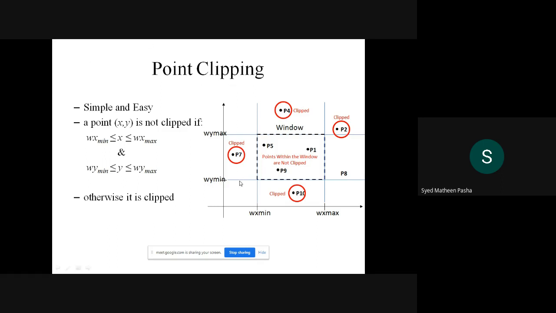So suppose you take this as an example where you have defined n number of points here. In this example, I have taken 10 points. But once you are performing clipping with respect to point, there are 3 points, that is P1, P9, and P5, which come under this particular window. You just require this window which consists of these points. You don't require the points which are being displayed outside the window. So you want to remove these points. With the help of point clipping, you will be doing that particular function.